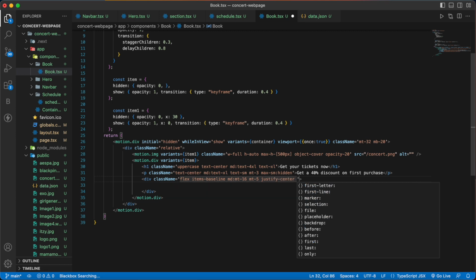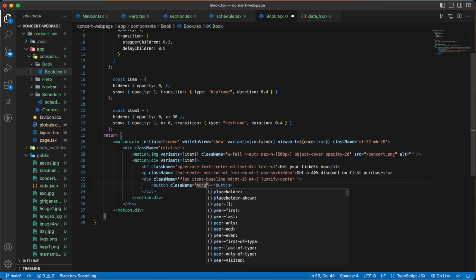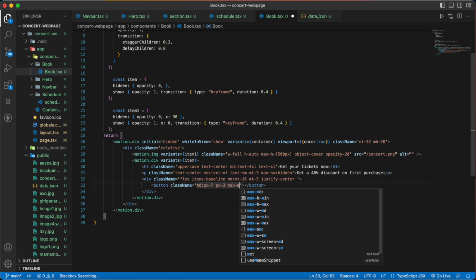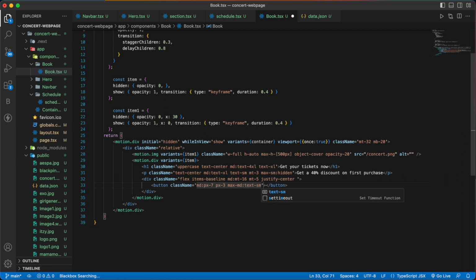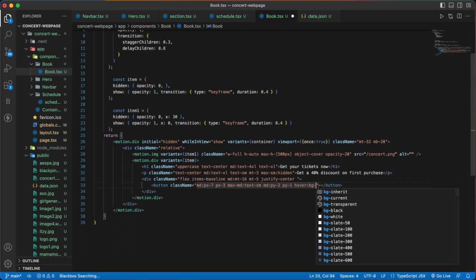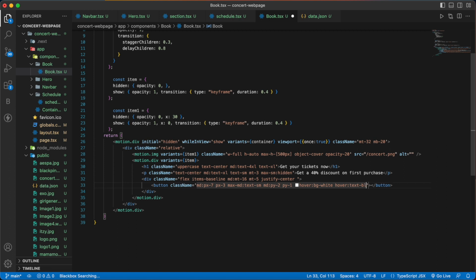justify-center, and inside this div we are going to have a button with a class name of md:px-7 px-3, max-md:text-sm, md:py-2 and py-1, hover:bg-white, hover:text-black, and then transition